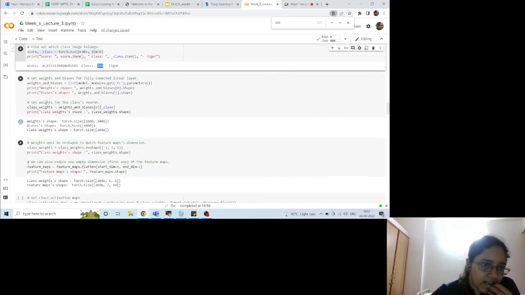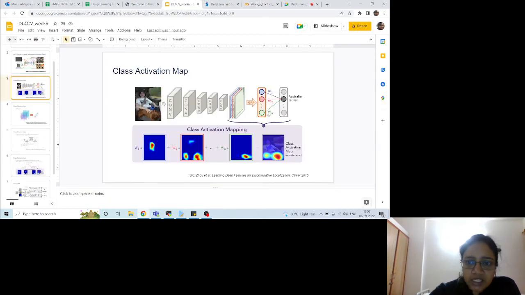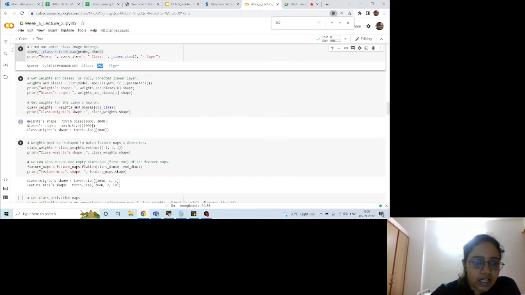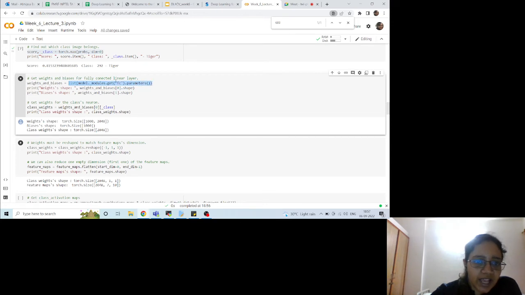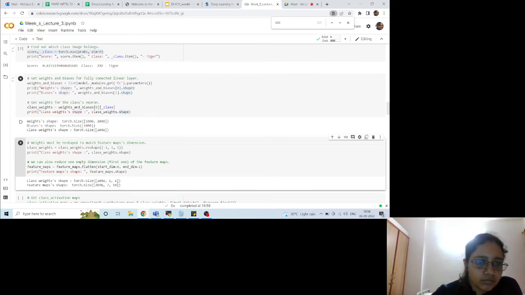And now the next step would be to get the weights and biases associated with the FC layer, because we need these weights, remember. So yeah, this is what we do, weights and biases. We get all the weights and biases from the FC layer. So this is how to get the FC layer and do a dot parameters. So the weights, let's run this as well. Yeah, so the weights are of shape 1000 cross 2048, and biases have shape 1000 because your output is of